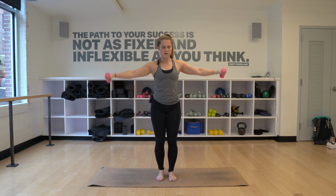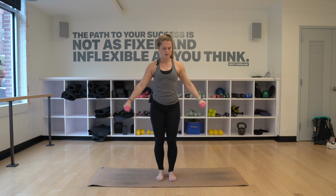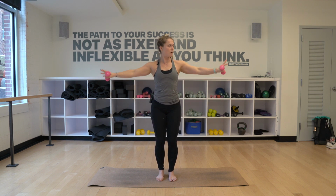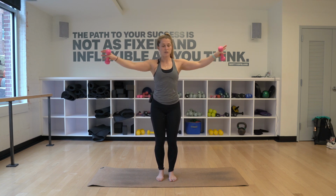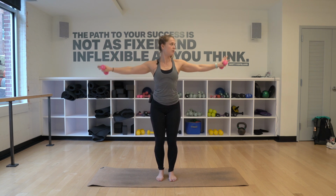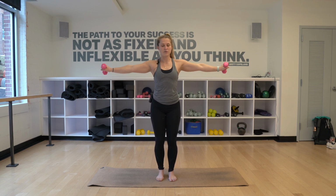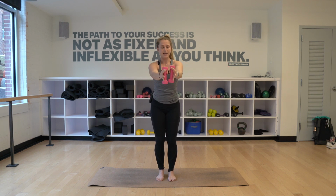Good, let's do 4, 3, 2, and then to really burn it out, just hold those arms up there and then circle forward, and then circle back. Good, circle forward, 1 and 2, and then back, 1 and 2. Good, forward 2, and then back 2. One more time, forward 2, back 2. Hold those arms out there for 3, 2, turn your palms towards me, exhale,